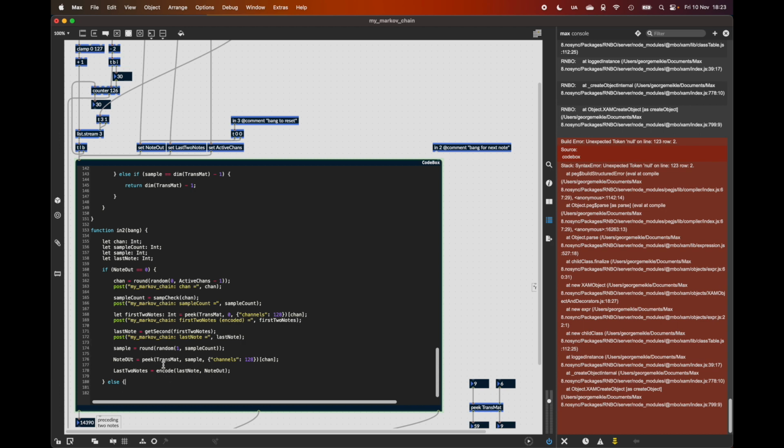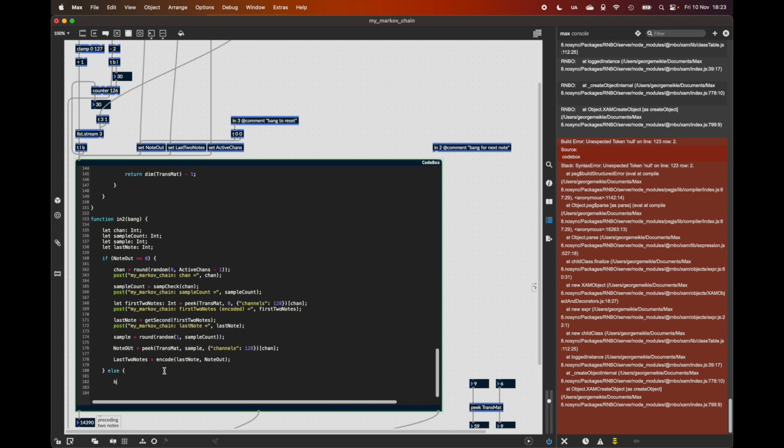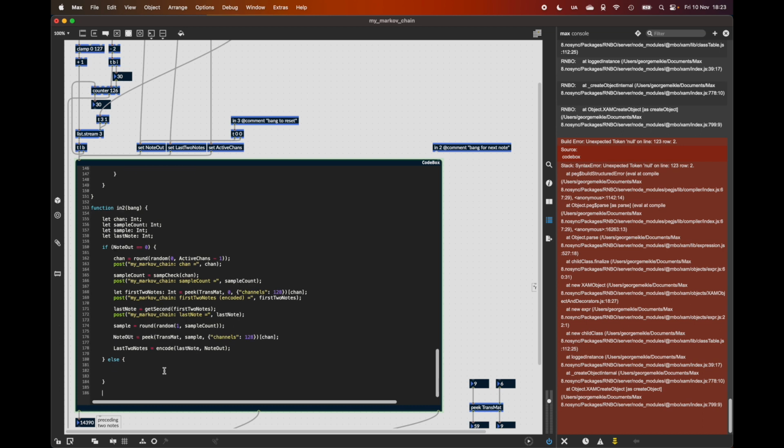Else, if we have had a note previously generated, so we're not starting from the start and there has been a previously generated note, we're going to do chan. In fact, before we do that, let's close that off, and also close that off. So else, we're going to do chan equals notePairCheck, so call our notePairCheck function, and we're going to apply that to the last two notes in order to return either,